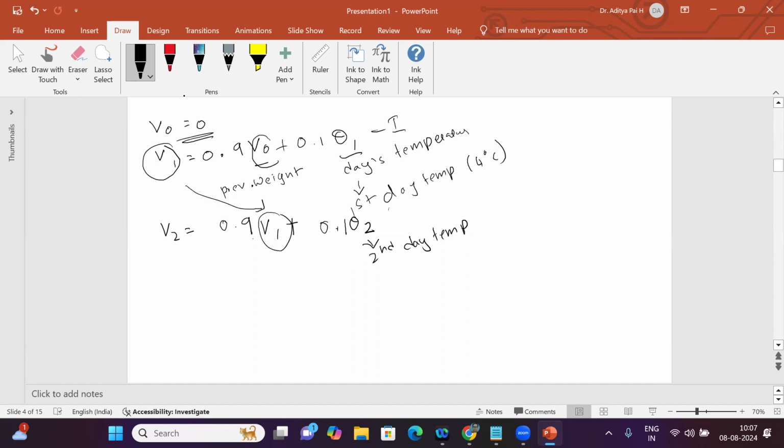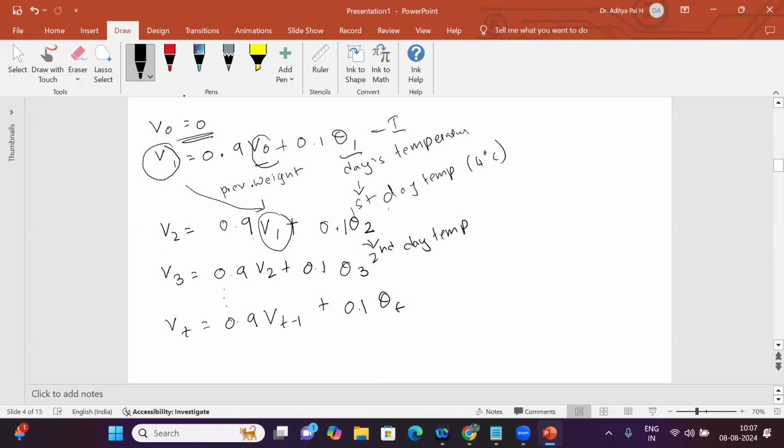Theta 2 is the second day temperature. Like that, we continue: 0.9 v2 plus 0.1 theta 3. So we are doing this for vt, which is nothing but 0.9 vt minus 1 plus 0.1